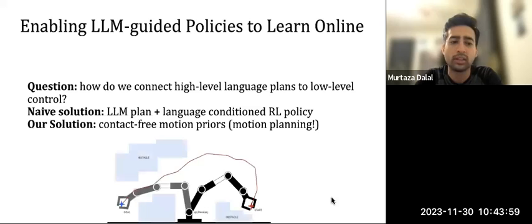And so to that end, our solution is to use vision plus motion planning as a way to step through the language plan and to learn local control policies using RL along the way. Motion planning allows you to ground the language plan in the robot scene and enables the RL policy to only focus on the challenging parts of a robotics task, which are the environment interaction stages. The rest, we have a strong set of tools that are able to get us pretty far.